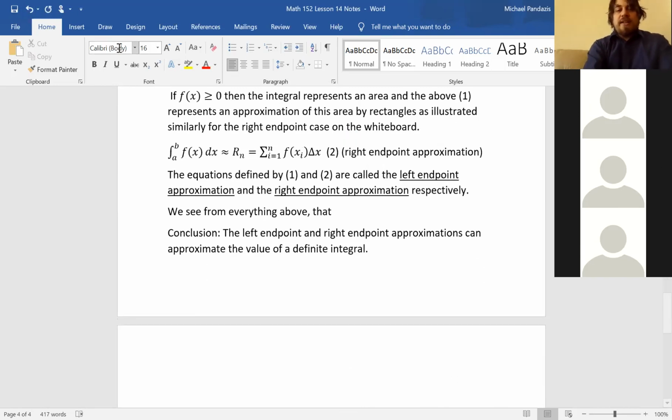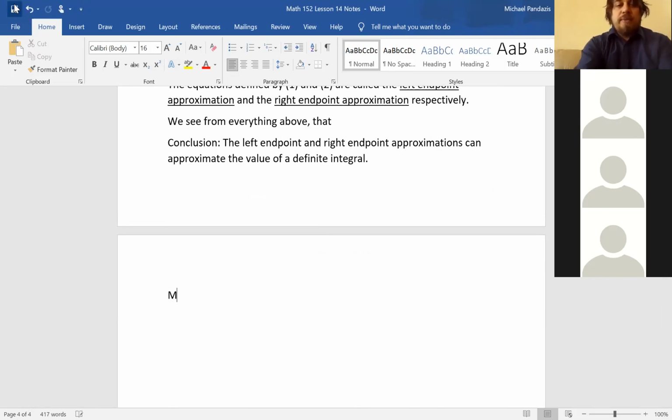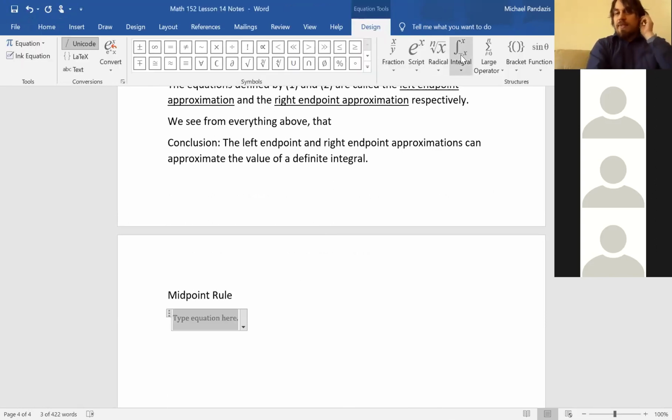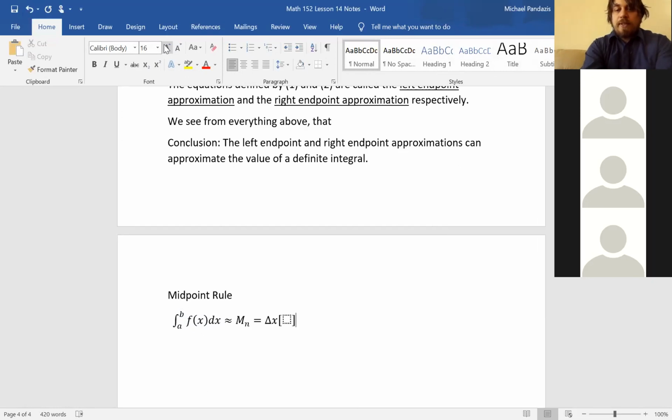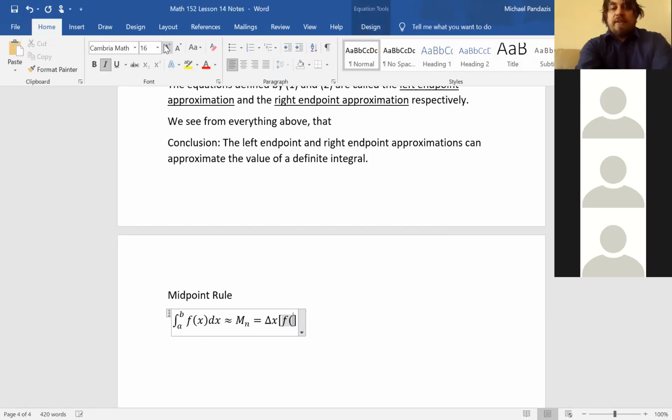Okay, and so we didn't just have a left endpoint approximation and a right endpoint approximation in Math 152. We also had what was called the midpoint rule. And so the midpoint rule said that if you had a definite integral from a to b of f of x dx, that this is approximately M sub n, which is equal to delta x times f of x sub 1 bar